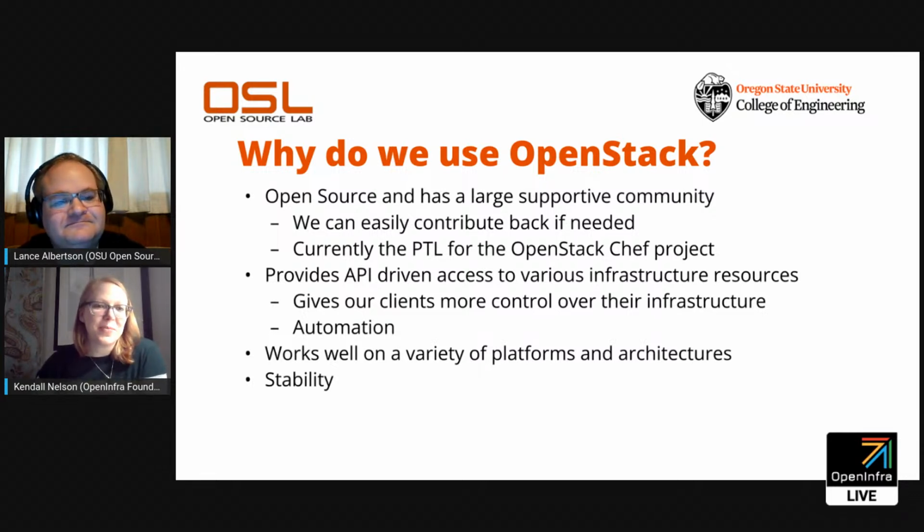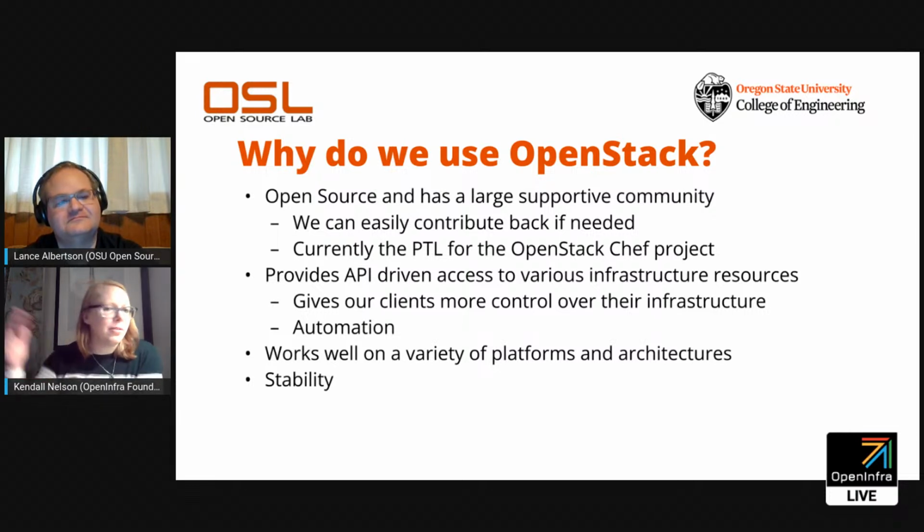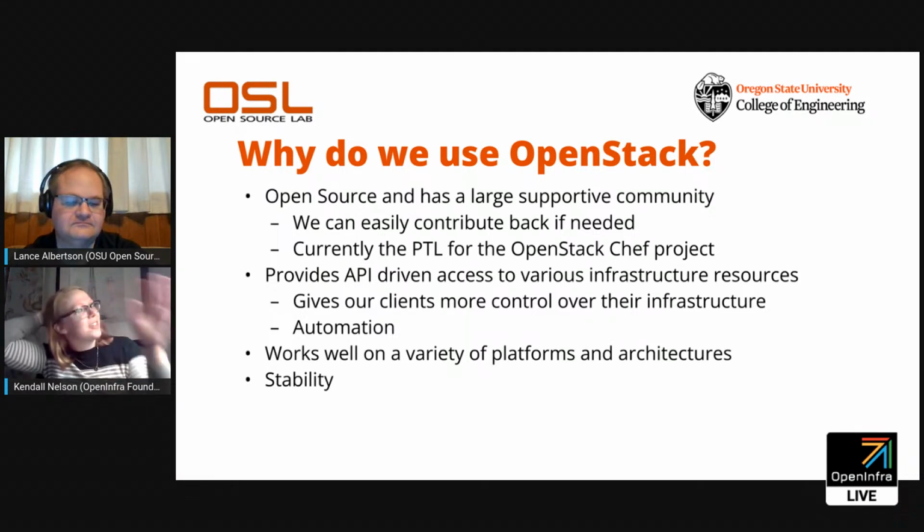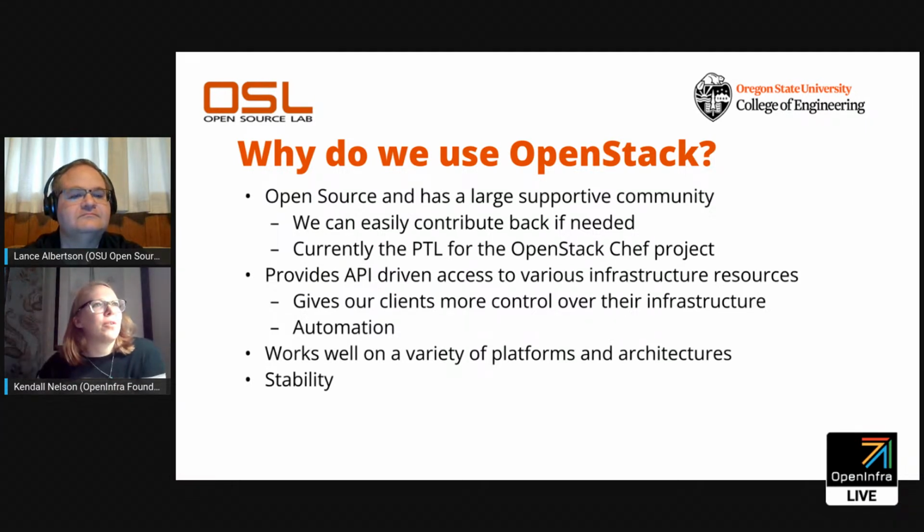Awesome. Very cool. So I know you mentioned you were behind a little bit in terms of releases. Chef, I'm not as familiar with that one for deployment. I know there's OpenStack Ansible and Chef and Charms and all these different tools for orchestration. But how are you planning on doing the upgrade from, you said Stein is where you're at right now? There are newer releases, obviously, so you've got to catch up.